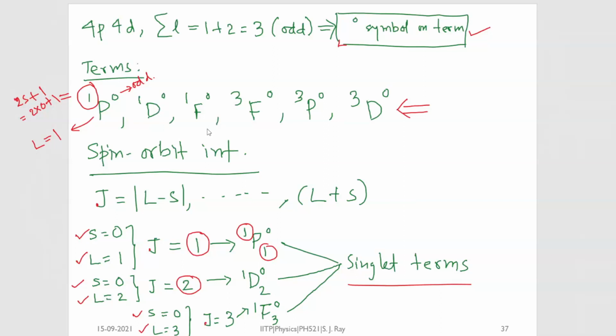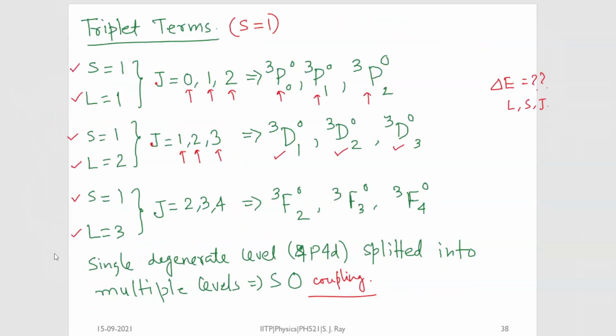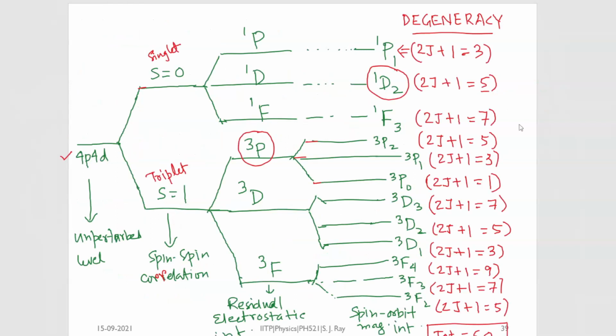Next, if we consider the spin orbit interaction, that is jj coupling, we have to consider the j vector and couple s and l. From there we get further splitting, and a large number of terms. I think we discussed that we get a total of 12 terms as a result of the spin orbit coupling, and from there we can draw an energy level diagram representing the different states.